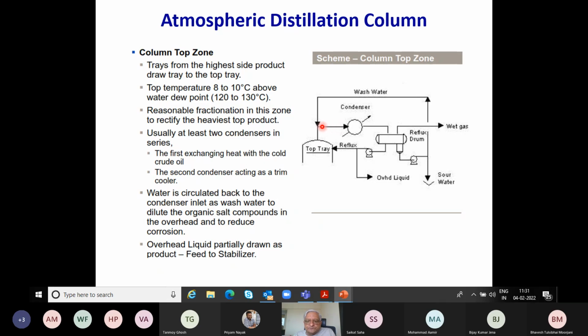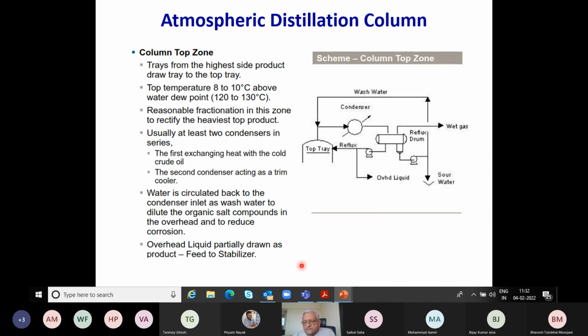the process. What we also do is that part of this water from this boot, this is called sour water because a lot of H2S gets dissolved in this water. And so this is, just remember, it is called sour water. Yeah, it is written here. And so we actually reflux part of it back to the top to help condense the steam to the extent possible. And so this overhead liquid is withdrawn and it is sent to another column,